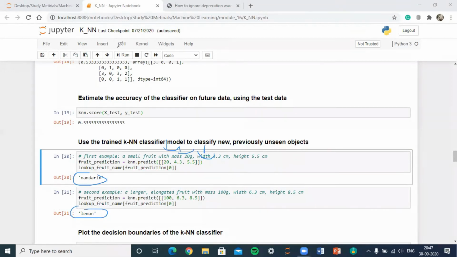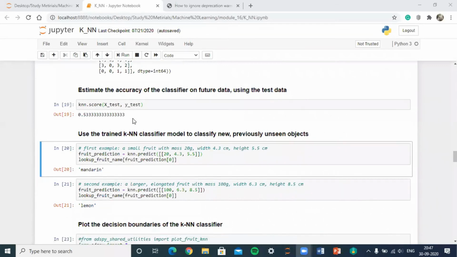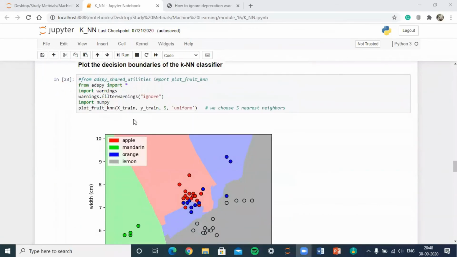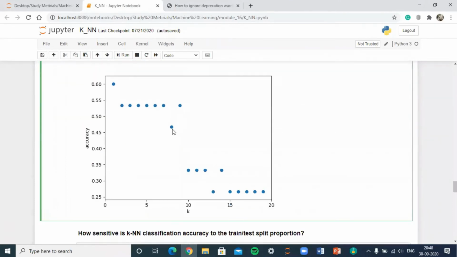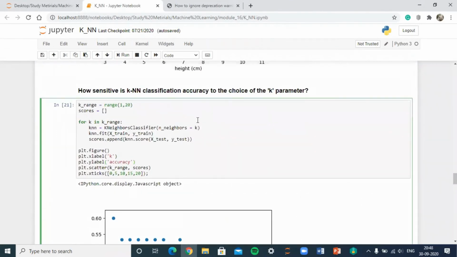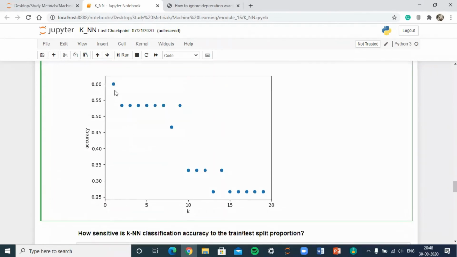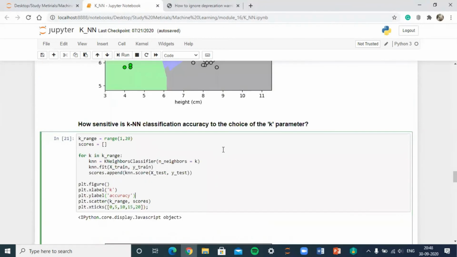After that, if you want to choose how many k values to take, you can draw this plot and see for which value of k the accuracy is high, because there is a chance of overfitting and a high variance in the dataset. When we take k values greater than 5 and keep increasing the value of k, the accuracy is decreasing, but k equal to 5 is giving the more accurate result on the dataset.